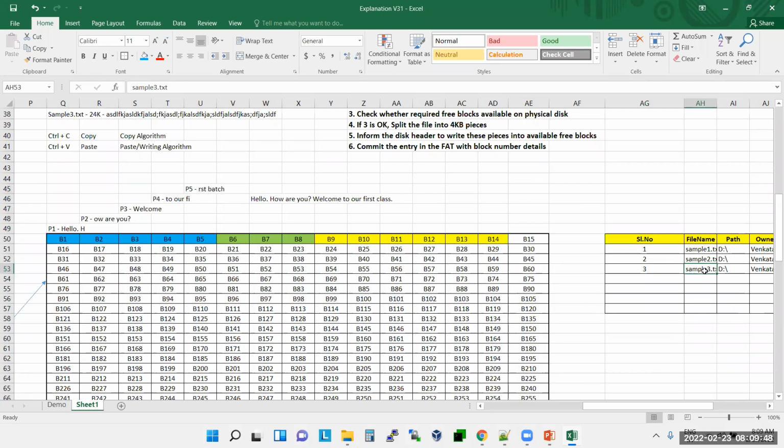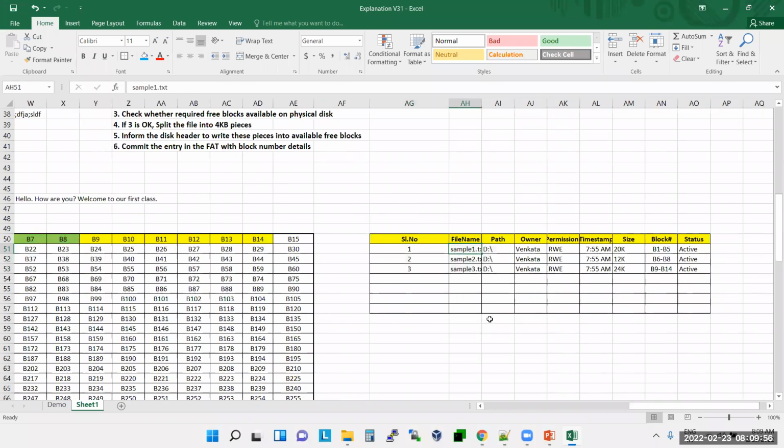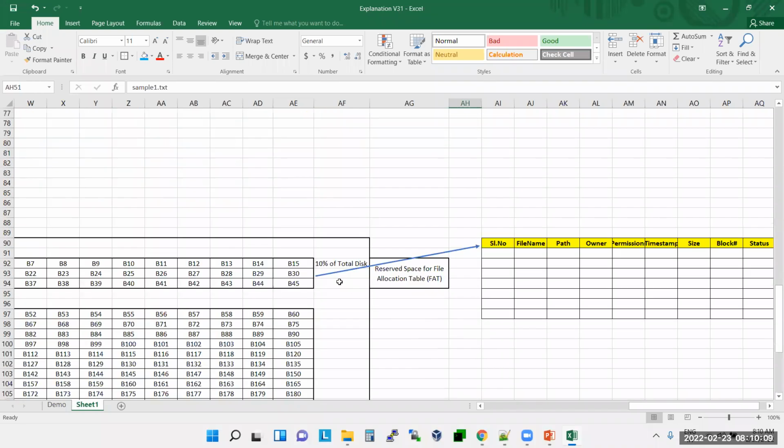This is information about your data, correct? It contains the address of the data. This may be called metadata. Exactly, data about data, metadata. So this is the place where the disk will store metadata.